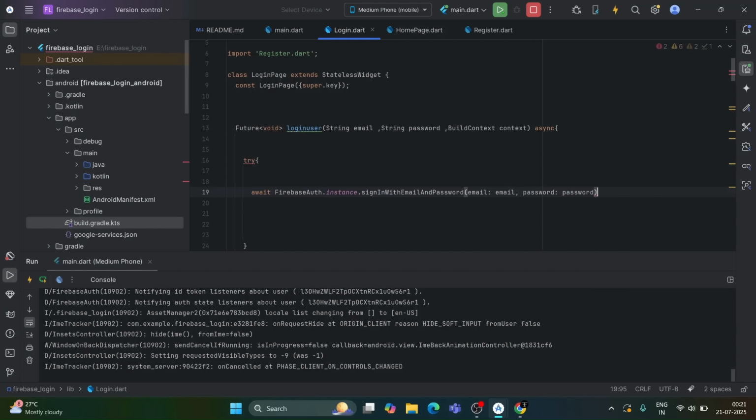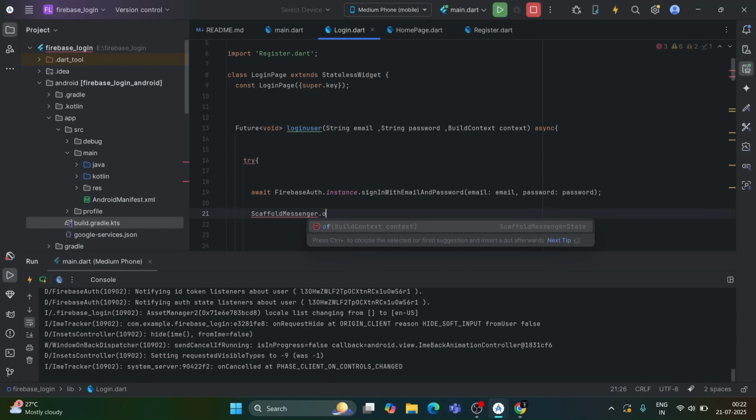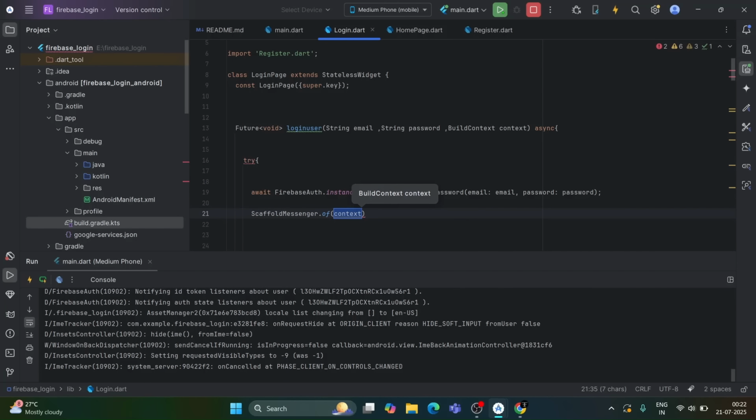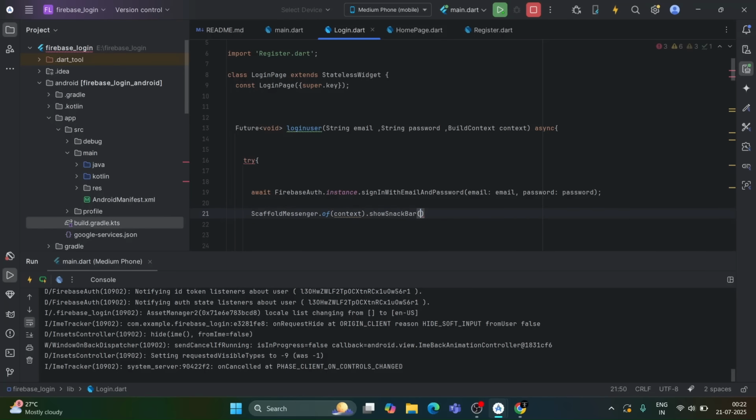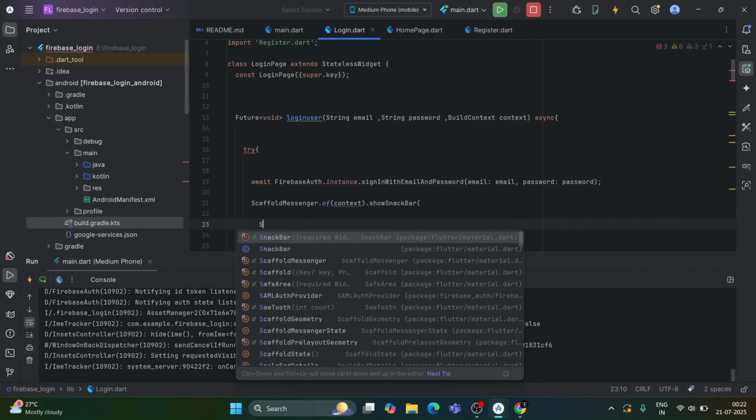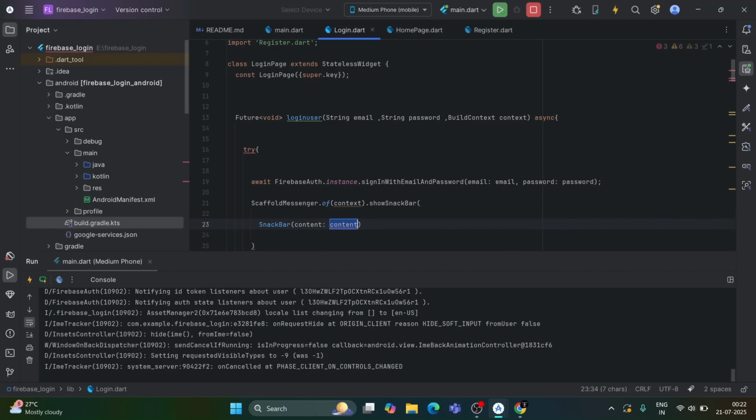So not a sign in with credentials. As I mentioned earlier, the latter is typically used for a third-party sign-in provider like Google or Facebook. Once the login is successful, we will show a snack bar using scaffold messenger. Here we will show the snack bar saying login successful,